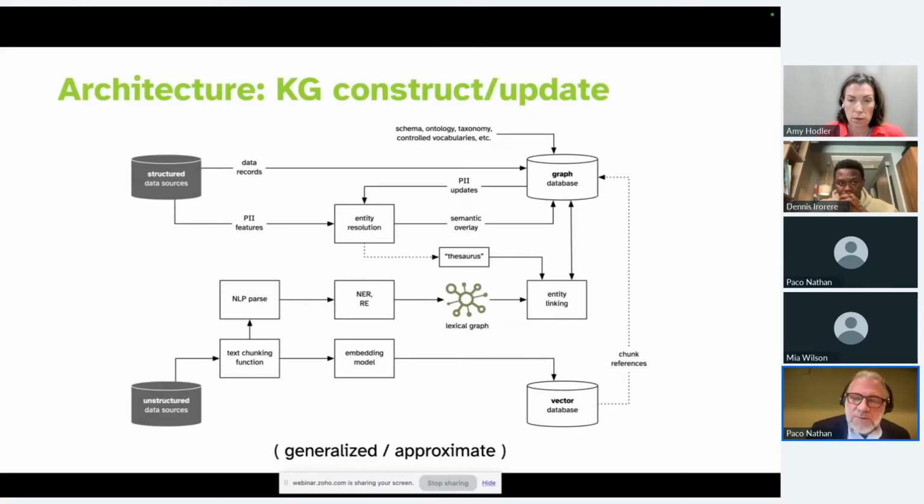And I want to present then a kind of generalized architecture. Now, this is approximate. Not every application would have necessarily everything on here. This is kind of the view of the world of what I'm seeing with a lot of system integrators and customers.